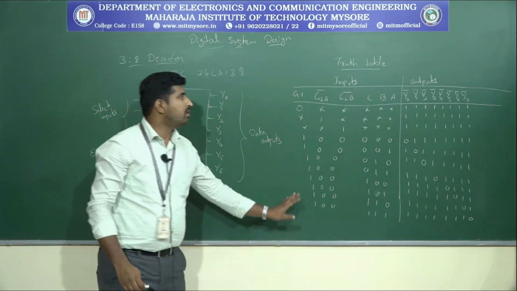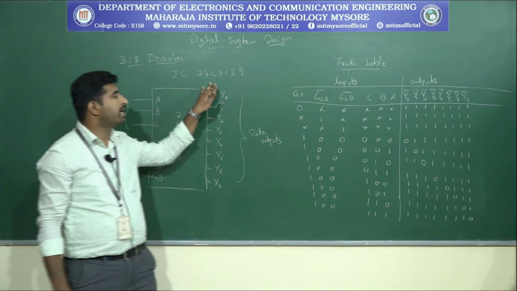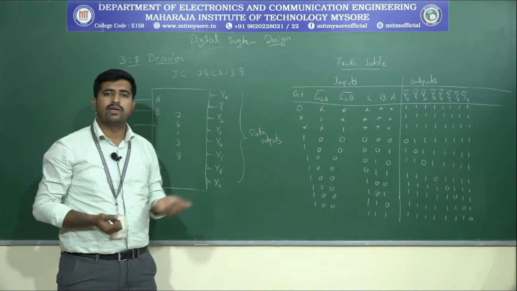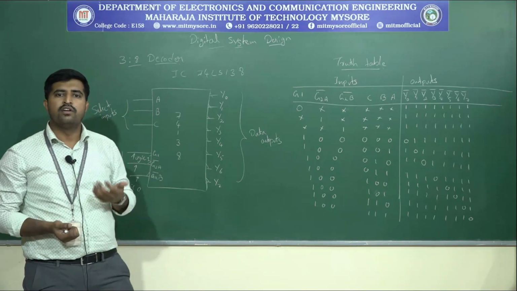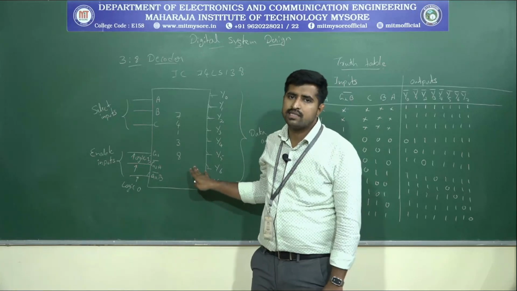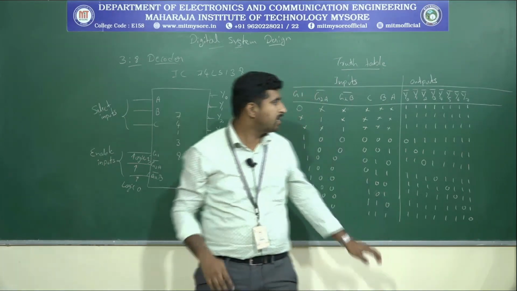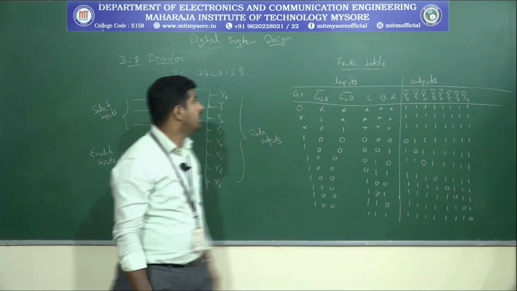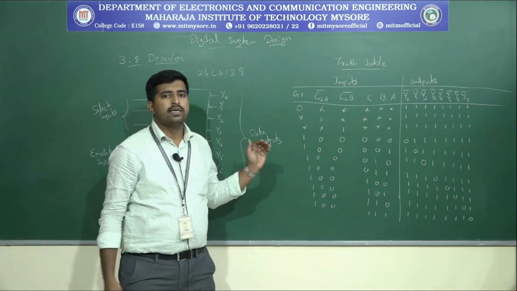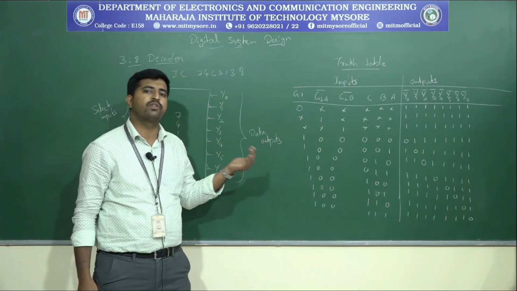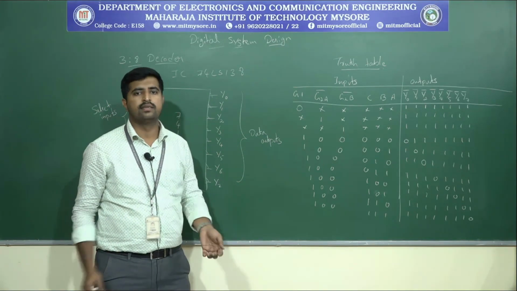So this is the truth table of the IC 74LS138. Okay. I hope you understood what a 3:8 decoder is and what the function table of a 3:8 decoder is. So this is the IEEE standard block diagram and this is the truth table of the IC 74138. So it is a 3:8 decoder. The circuit diagrams of this one and the problems related to this one we are going to continue in the next class. Thank you.